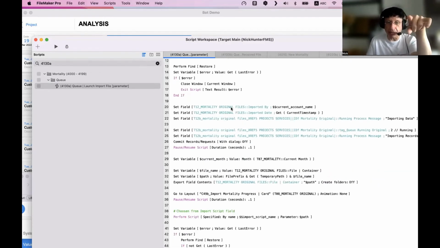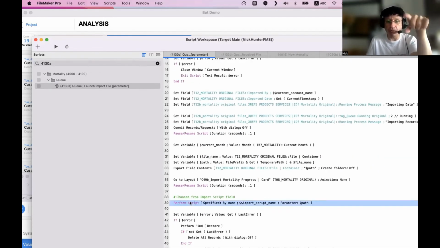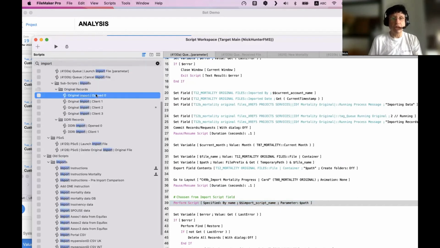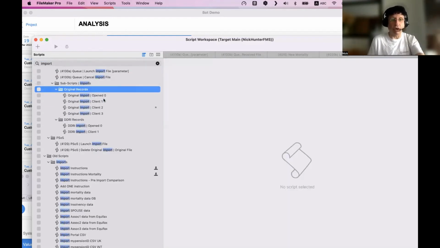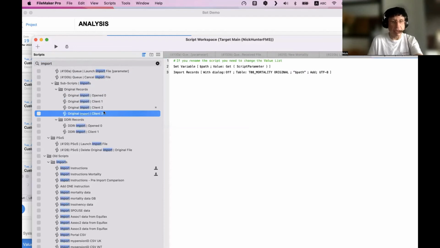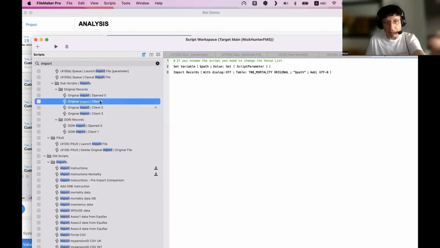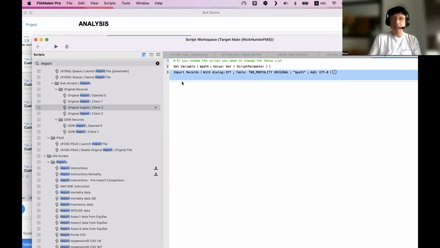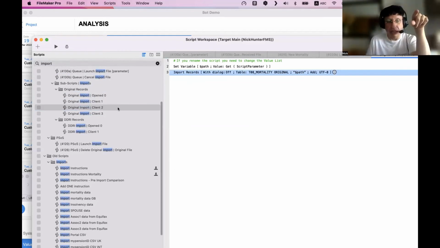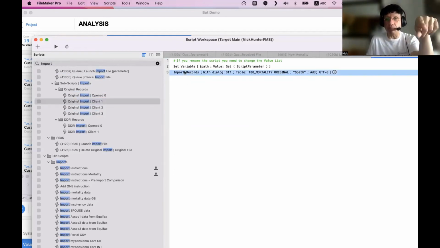And then I said, perform the script import script name. And whatever will be one of those, import 0, 1, 2, 3, whatever. And that script here is going to execute the imports I want to import. Just this, the path and the import.